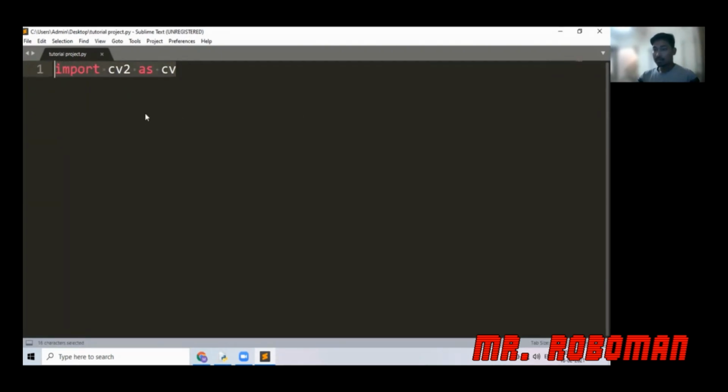Okay, so with this particular library, we are using a computer vision library to map with the video source. Then we are going to import NumPy as np. So this is actually our numerical Python library. And then we can just write cap equals, where cap is actually a channel